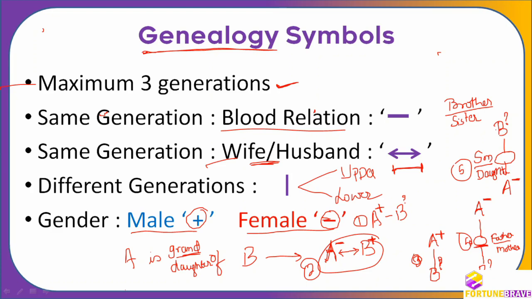Is that clear? So if this is clear, then in the next video we are going to solve the questions. Please revise this whole thing, the relationship and the symbols. If you understand this, you will be able to solve the questions very, very clearly. Otherwise it will be difficult. This is the basic, this is the foundation of blood relation, and now blood relation puzzles are coming, which may be a little more confusing. So if you are clear on this, you will be able to solve the questions. So let us go to the questions in the next video.